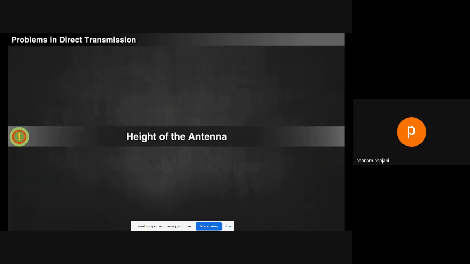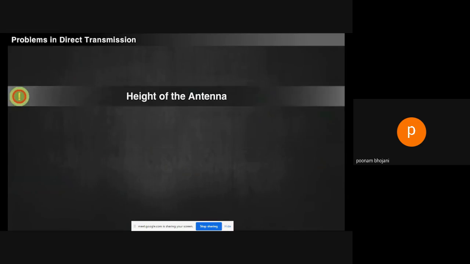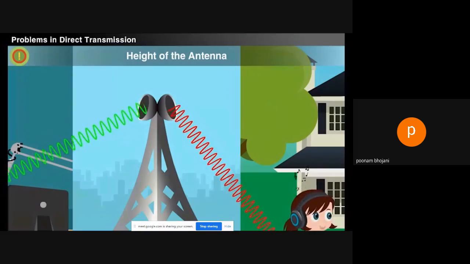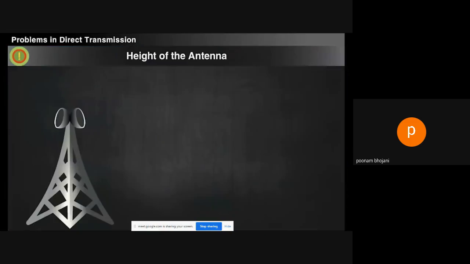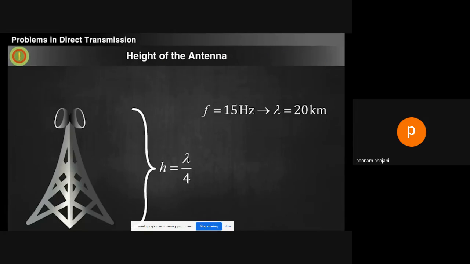The first problem is the height of the antenna. In any communication system, for transmitting a signal, we need an antenna. For efficient transmission, the height of the antenna should be at least 1/4 of the signal wavelength. If we consider sending a low frequency of 15 Hz, the wavelength is 20 kilometers. Then 1/4 of the wavelength is 5